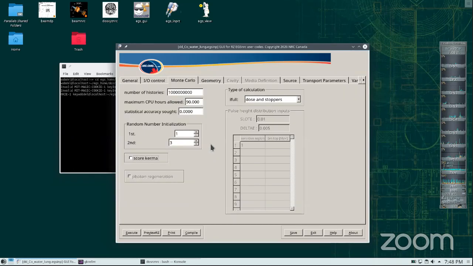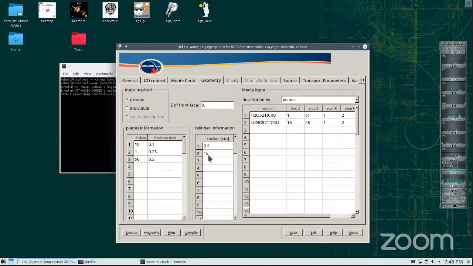So the geometry, again, remains the same, 0.5 to 1.5, and these slabs remain the same. But now what I've done, first statement, I'm assigning water to all regions in the phantom. But then I'm assigning lung to regions between 16 and 25. These regions, I will go and understand the geometry. I know the depth. So then I will just from,